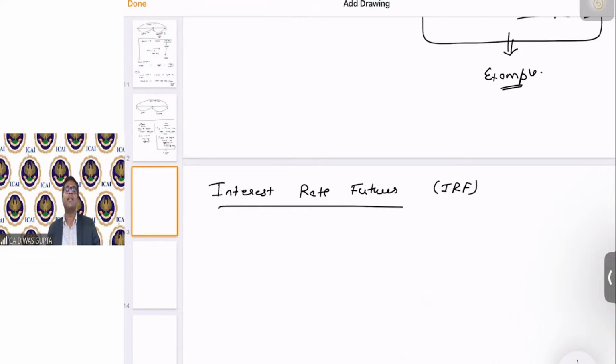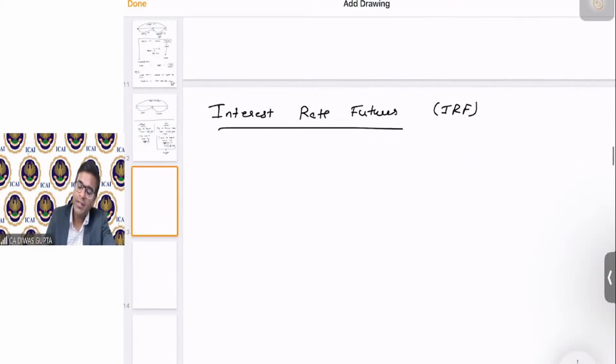So forward rate agreements is as good as your forward derivatives that we have studied in derivatives. And interest rate futures is as good as your futures concept that we have discussed in derivatives. Now, the difference between forwards and futures, students, you would have already known, is that forwards are over the counter contracts, which have very specific terms and conditions for those parties. However, the interest rate futures are actually the standard contracts that are available in the stock market for the investors or for the borrowers to enter and execute.